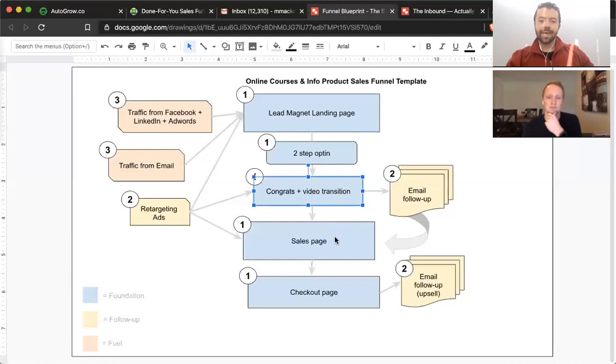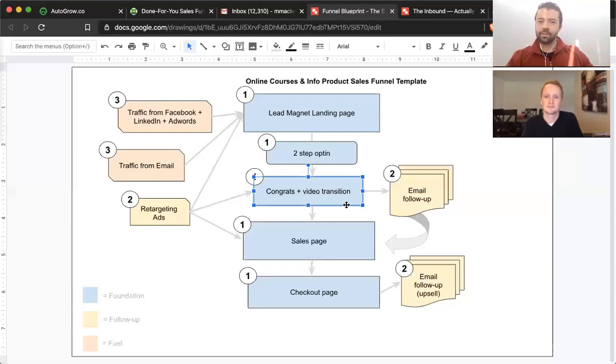Okay. So what we have seen, though, for many of our clients, is that sometimes having fewer steps in the funnel, and again, this can help with simplifying things, having fewer pages to manage to start, you may actually want to combine the sales page with this congrats video transition page. So again, you have the headline at the top, congrats, everything is on its way to your inbox. In the meantime, just check out this quick case study video from our founder who's going to tell you more about the checklist and his top 2 favorite points or whatever. Keep it short, keep it simple. You give value, you transition to the offer, you point down,